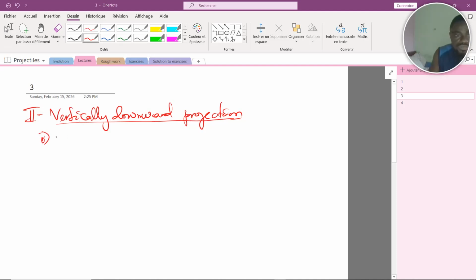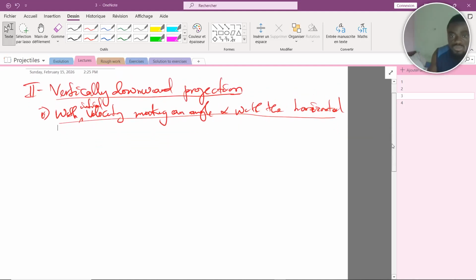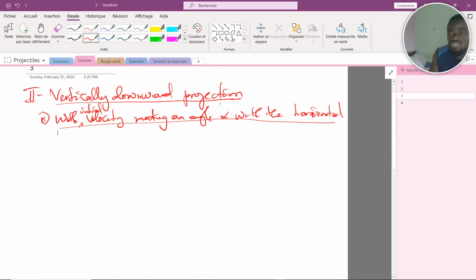Vertically downward projection with initial velocity making an angle alpha with the horizontal. Okay, in this case, we can have two situations. We saw that in these vertically downward projections, generally the particle will be at a certain height. Is that okay? So in this situation, we're going to have two cases. The first case, A,